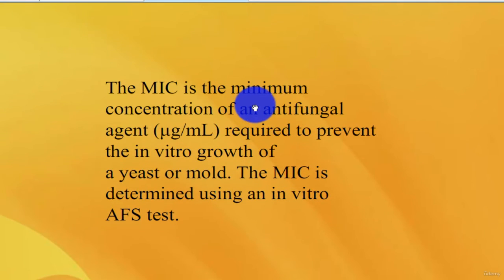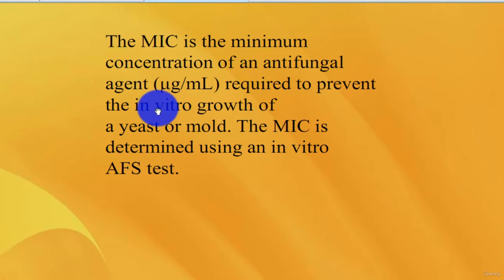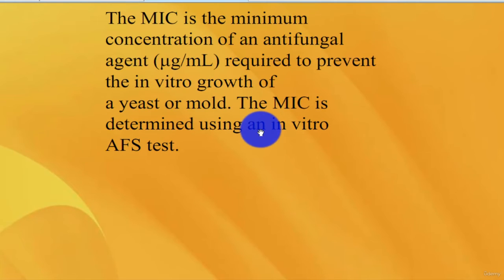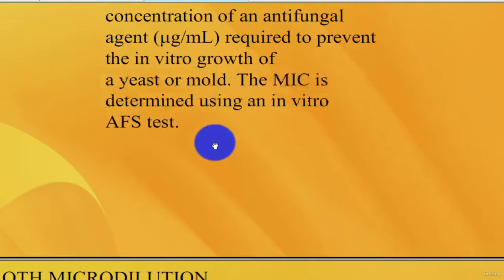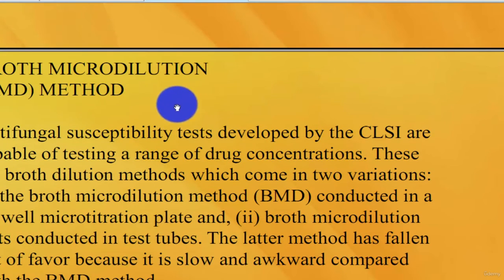Minimum inhibitory concentration is the minimum concentration of an antifungal agent, in micrograms per ml, required to prevent the in vitro growth of a yeast or a mold. The minimum inhibitory concentration is determined by using an in vitro AFS test. Broth microdilution